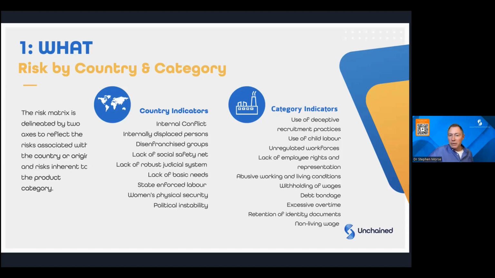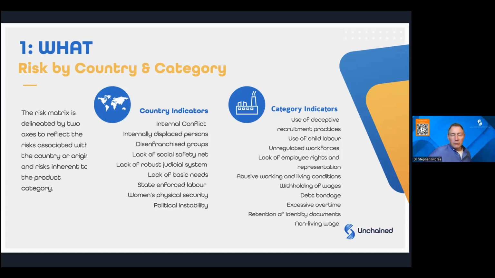And on the category risk, it's more about how business is actually conducted. So the use of deceptive recruitment practices or child labour, the unregulated workforce, employee rights, representation, abuse in the workplace, withholding of wages, debt bondage, all those indicators that I mentioned earlier in the presentation today. So this is kind of what it means. This is the what